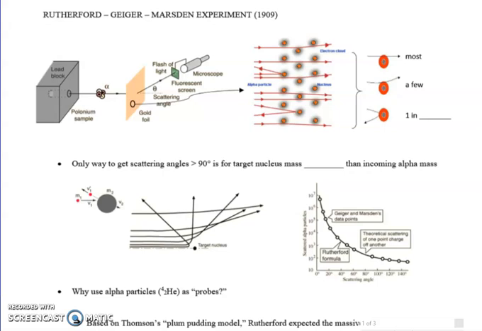Okay, so I have a schematic here with a little bit more detail of the gold foil experiment. What's important is we have an alpha particle. Again, an alpha particle is really just a helium nucleus, a mass of 4, atomic number of 2, in other words 2 protons and 2 neutrons. The key thing is that not only is it fairly massive, it has a positive charge. Rutherford chose that for a very specific reason, because he's trying to investigate the positive distribution of matter in the atom, and so he's going to rely on Coulomb repulsion as the main mechanism for